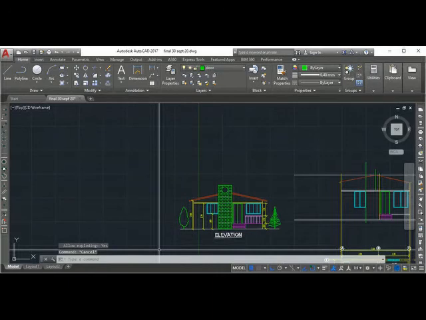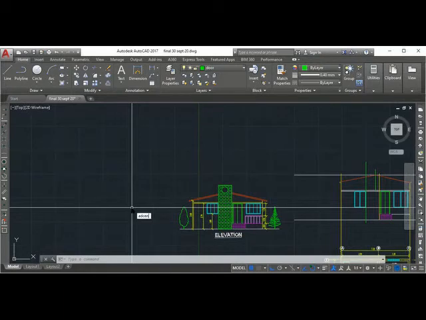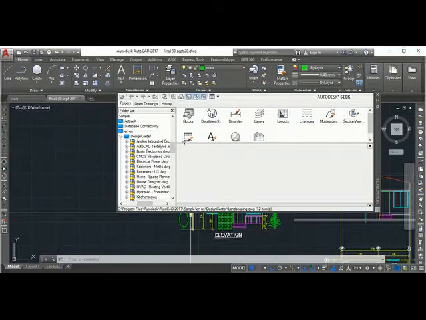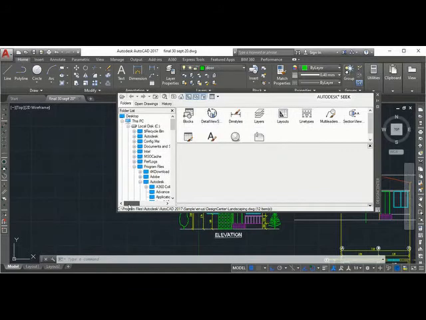Okay. So we have to find where this drawing is. This is actually available along with the AutoCAD installation. So I will say AD center. Now I have to find where this drawing is. Okay. So everyone, can you note down? I am going to show you where this drawing can be found. C drive. Program files. Autodesk.